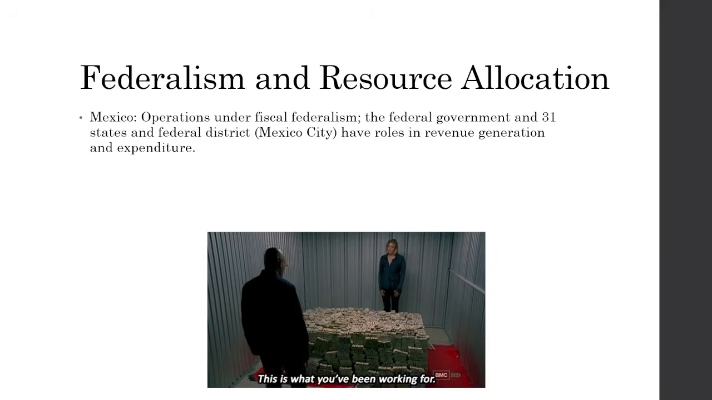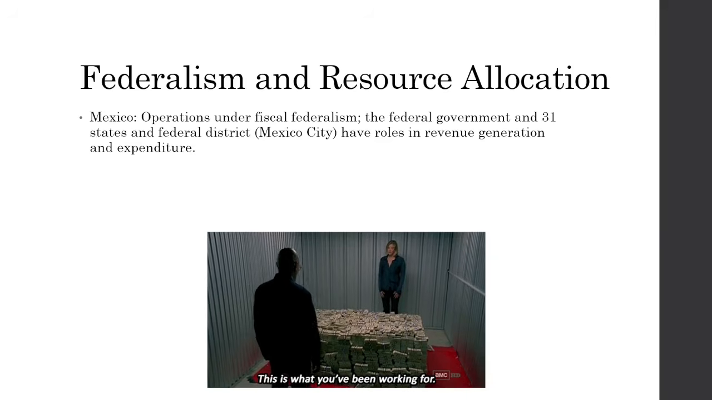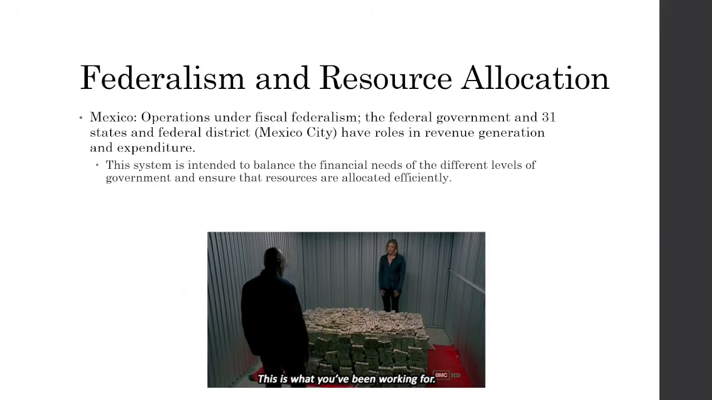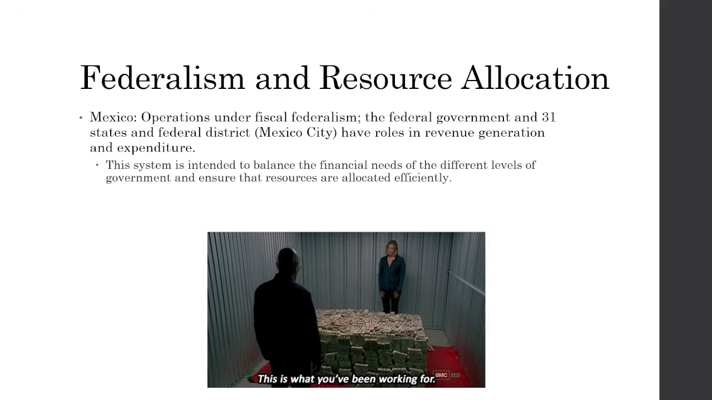So the federal government and the 31 states, and they have a federal district, which is Mexico City, have roles in revenue generation and expenditure. So this system is intended to balance the financial needs of the different levels of government and ensure that resources are allocated efficiently. If you don't really understand what I'm talking about here, what essentially this means is that